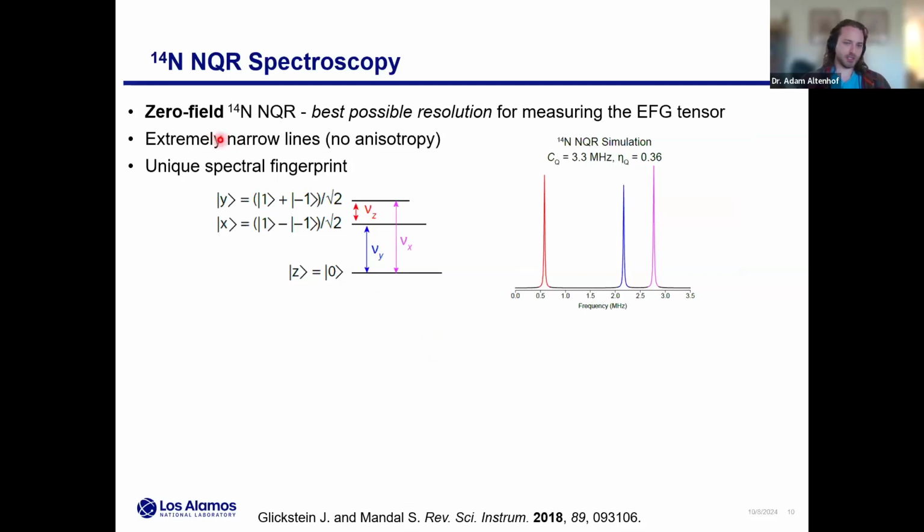So what's really interesting about NQR is that we're getting the best possible resolution for measuring the EFG tensor, which is kind of ironic when talking about these high fields. Part of the reason for this, right? There's no orientation of crystallites to the magnetic field because there is no magnetic field. So now you're just left with these narrow lines. In the case of 14N, it's a spin 1 nucleus, so we have these 3 energy levels. We actually observe 3 transition frequencies, highest to lowest. So if I simulate some, say, average 14N tensor parameters with the quadrupolar coupling and this asymmetry parameter, I'm going to see 3 of these lines for a single site.